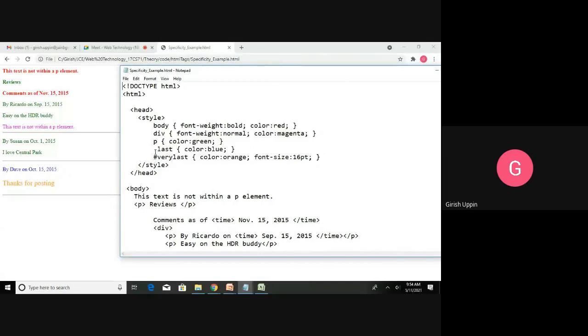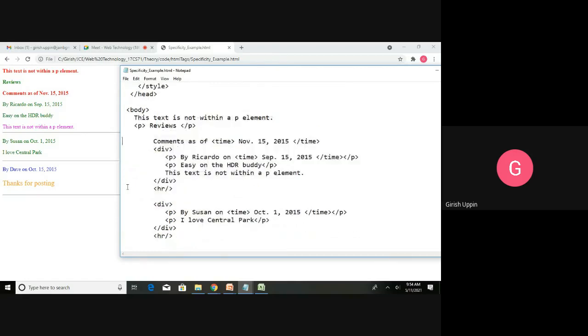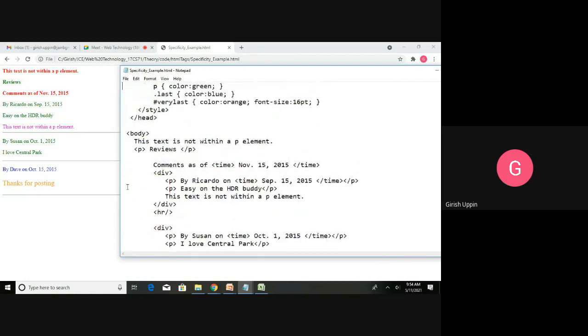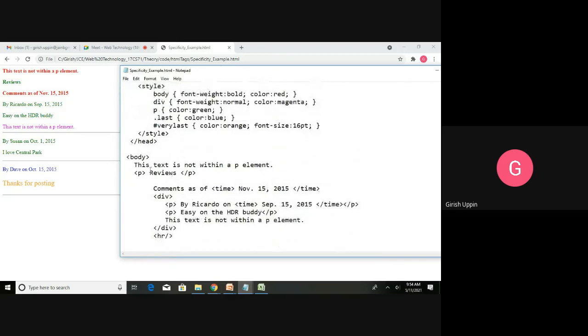Then this is a class selector, color blue. Then this is the ID selector, hash very last. It has color orange and font size as 16 pt. Now, as we parse through our HTML body, we will also keep an eye on what style we have, so that we can easily understand why a particular text is shown with a particular style.